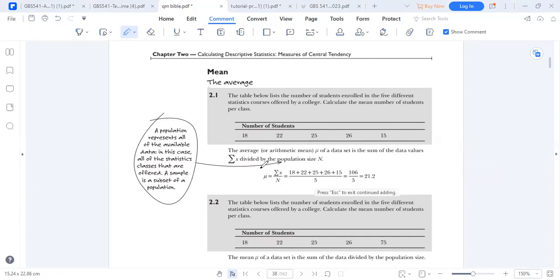So this is called mu. So mu stands for population average. X bar stands for the sample mean. When they ask you to say the class has 100 students,